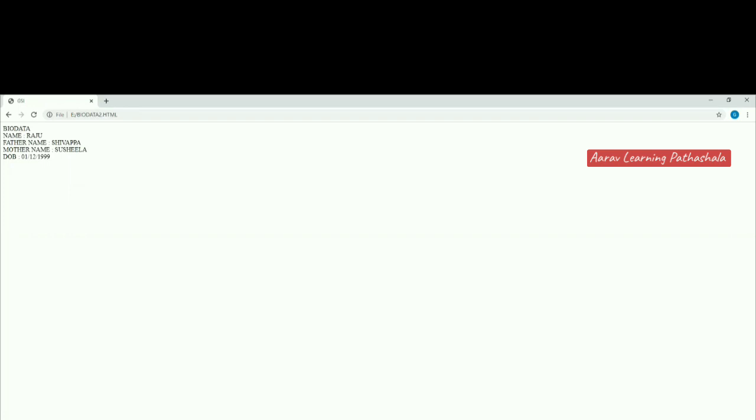See, this is what we have written the program for. Student biodata, and next name, father name, mother name, and date of birth. So this is one simple example to display student biodata. Then this is one method of executing an HTML document.